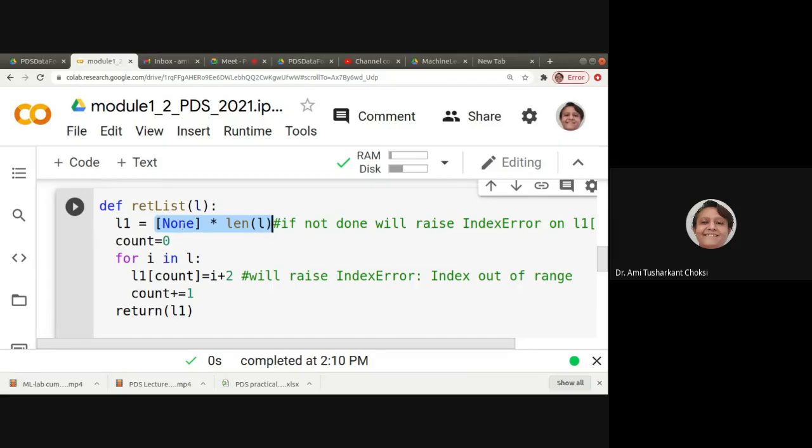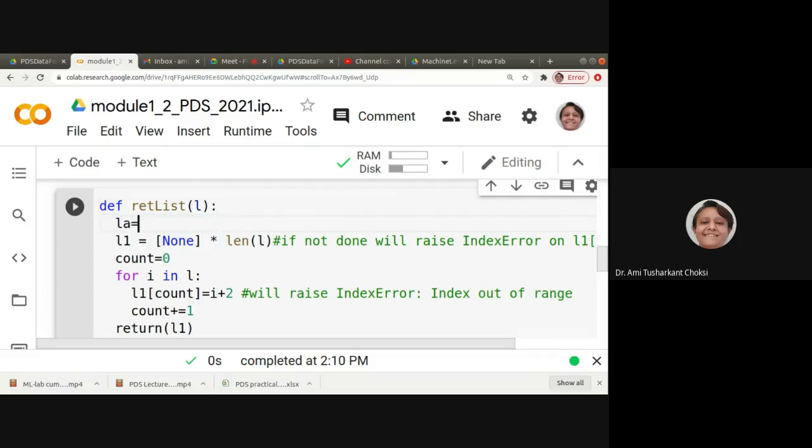Okay, and the values should not be 0, 1, 2, anything, but they should be None, right? Let us see. If this is not done, then it will give you many such errors like index error or name not found error and many things. So we should first write L1 is equal to None multiplied by len of L. See, if we write it the other way, that is L1 is equal to an empty list, we create only an empty list.